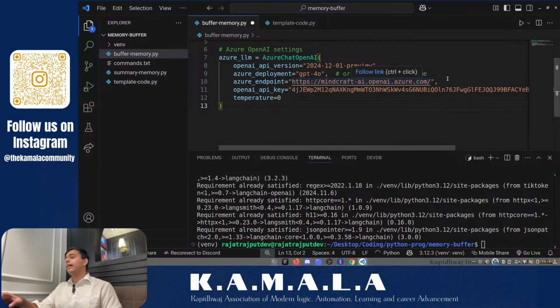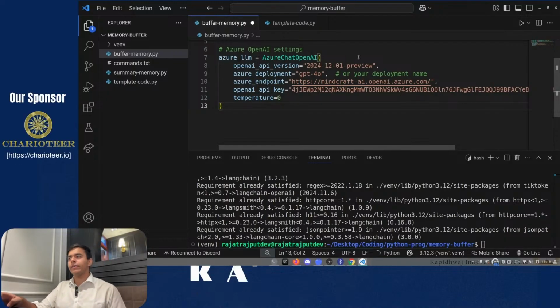So basically, the endpoint acts as an API access point, and the API key acts as a password to authorize the request to that particular endpoint. Anyway,